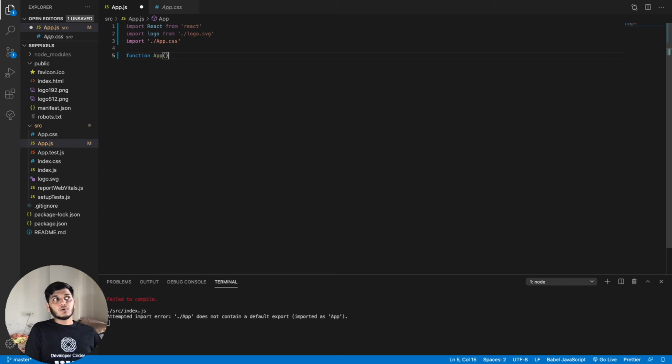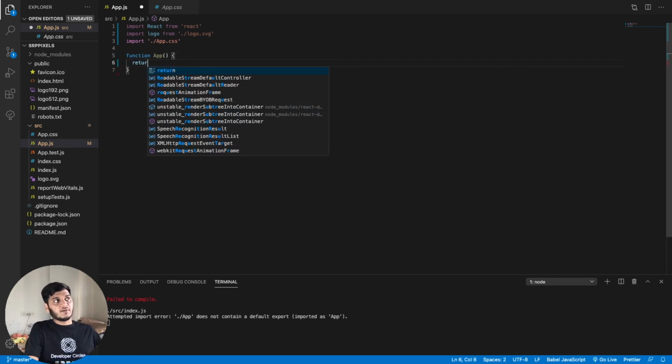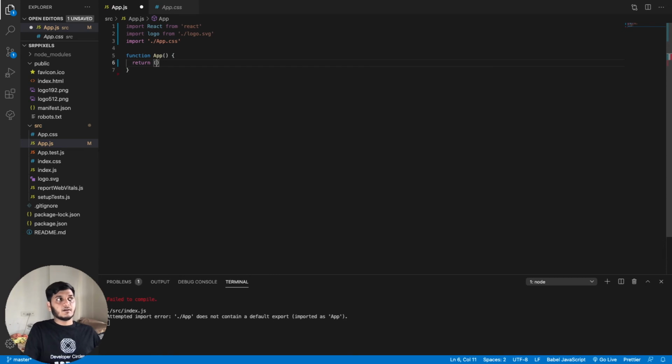It is not a rule, but you should keep the function name the same as the file name. So we are keeping it App, and we have to return an element. First of all, let's export the App function.